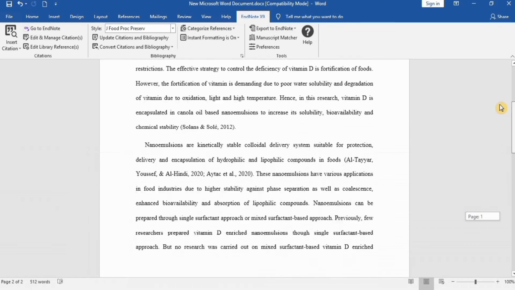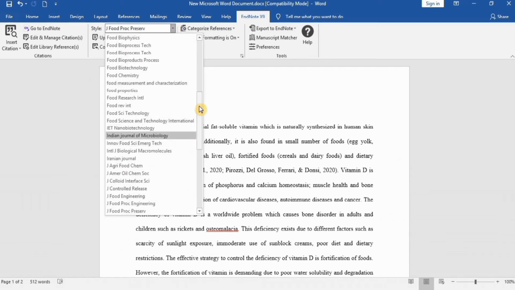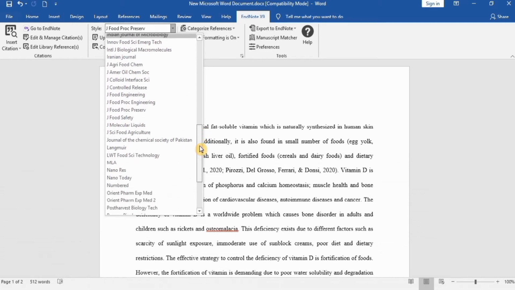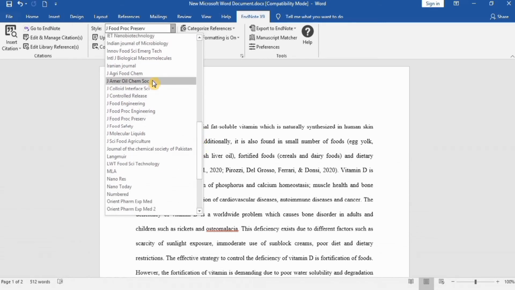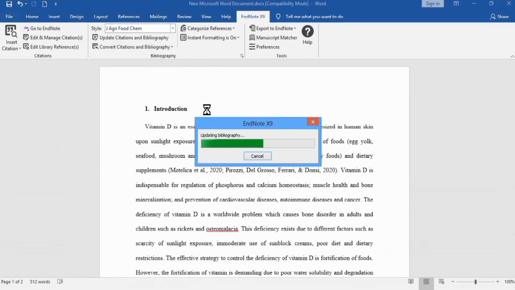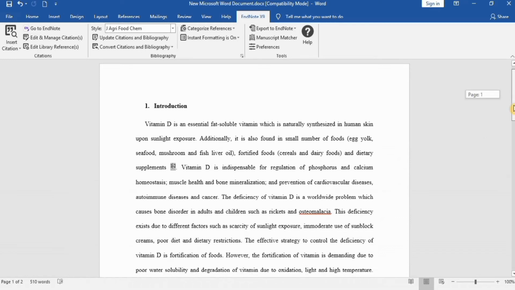Now if you want to choose another style, then it will automatically convert into that style within seconds. For example, I want to choose Journal of Agriculture and Food Chemistry. You can see here these references are changed within seconds, and now you can see here these are numbering system instead of author system.